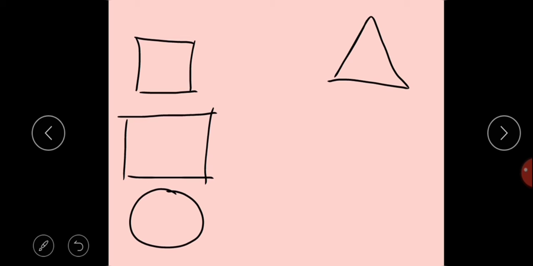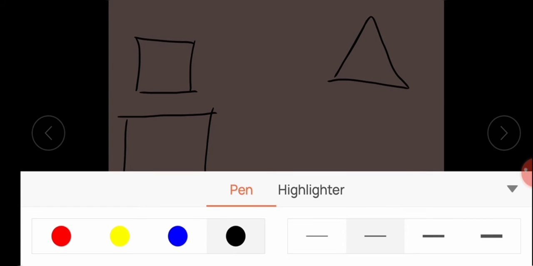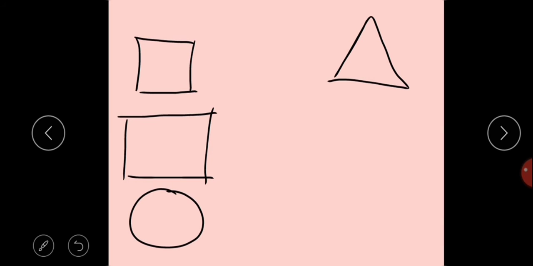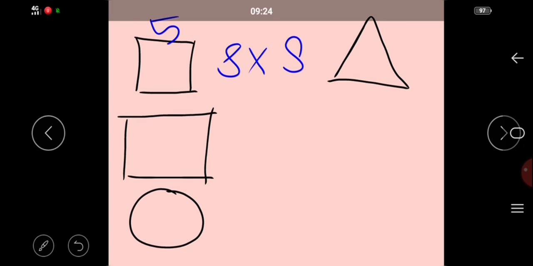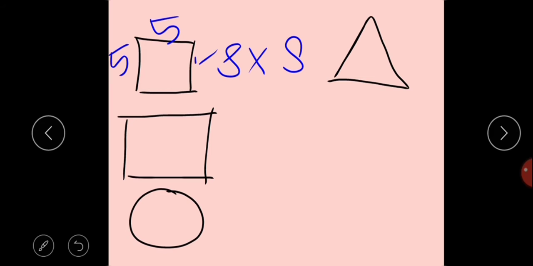So when we need to calculate the space covered by a square, we just need to multiply side multiplied by side, because we know that all the sides of a square are equal. If one side is 5 centimeters, the other will also be 5, the other will also be 5, and so 5. So all the sides of a square are going to be the same. So to calculate the area of a square, we just need to multiply side multiplied by side.